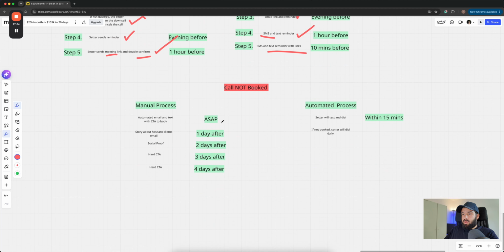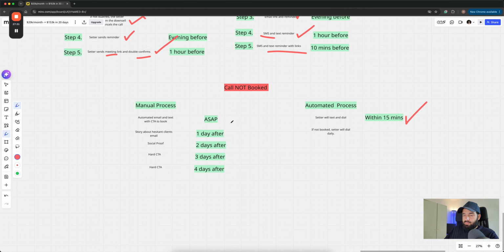So what we did is, as soon as they filled out the form, the setter will wait 15 minutes. If they don't book a call, then he will call up and triage and text them as well. If they aren't able to get in touch, they get added onto that follow-up list that I mentioned previously, and they're continuously reached out to. This is the lowest hanging fruit, and we want to make sure that these guys get hit up.